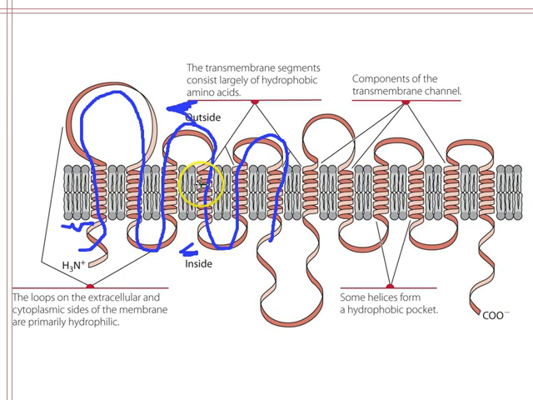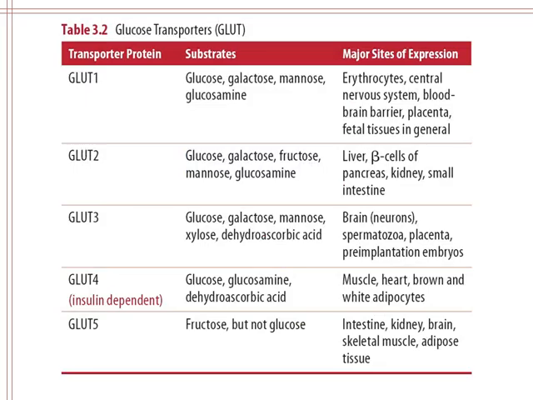Of course, it needs to be on both places so that it allows those molecules to go through the cell membrane and get from the outside to the inside, which is the whole intent of the transporter. So this is just a refresher on how those transporters look in the cell membrane. Your book has a nice section on the various glucose transporters,